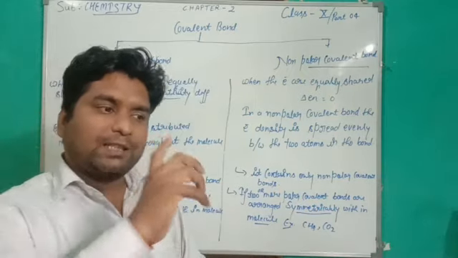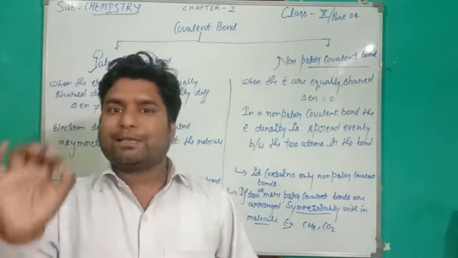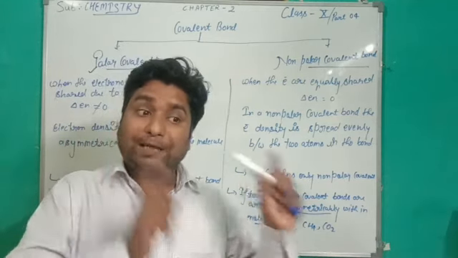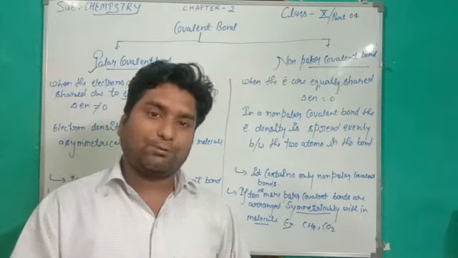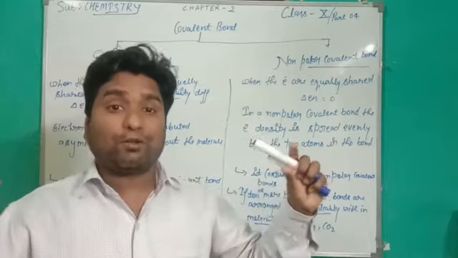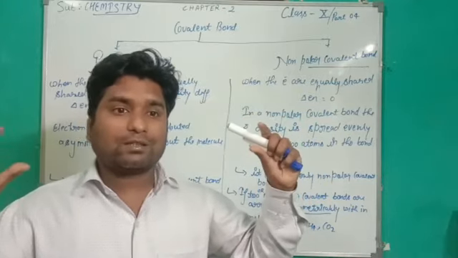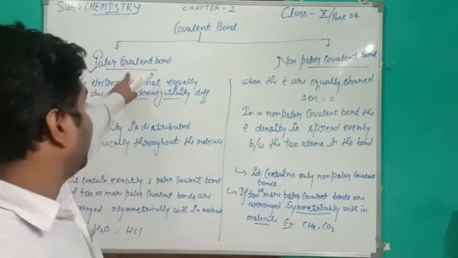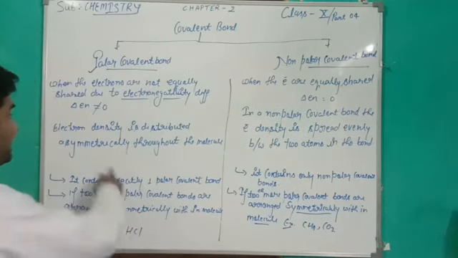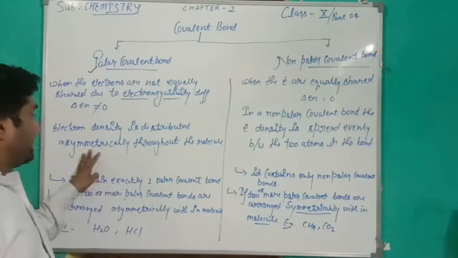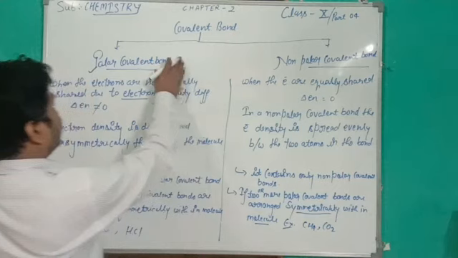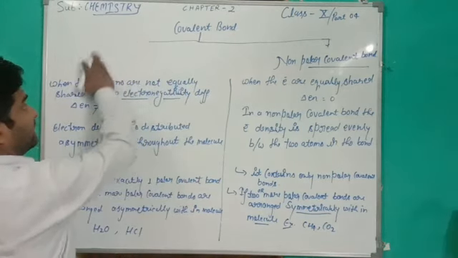After the partial shifting of electrons, A atom gets a partial negative charge and B atom gets a partial positive charge. And this difference means the generation of poles. Due to the poles, this covalent bond is known as the polar covalent bond. Now, electron density is distributed asymmetrically throughout the molecule.